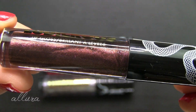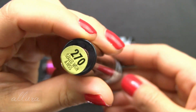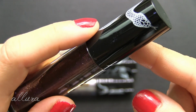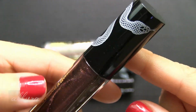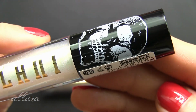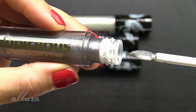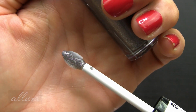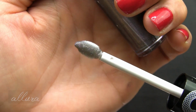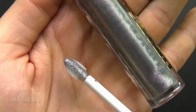So the tubes are clear and you can see the shade inside. The names of the shades are on the bottom, and I'm sure something people will love is that the handles are decorated either with a snake, so that's on 2 of the shades, or a skull. They are twist out tubes with these rounded, arrowed doe foot applicators, which I don't think I've actually ever seen before. So this is the shade 260 Cold Blooded,